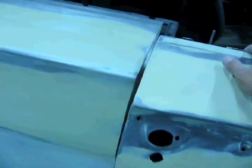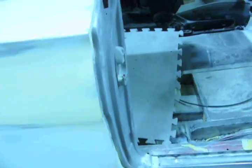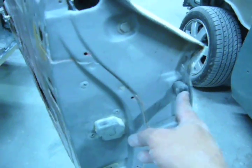When it comes to doors, the first thing you want to do is take the striker out. And with these particular type of strikers, you also want to put a rubber stop on there, because it's very, very easy to destroy the striker by slamming the door, and this rubber stop's going to stop that from happening. So once you get the striker out, you mount up the door,